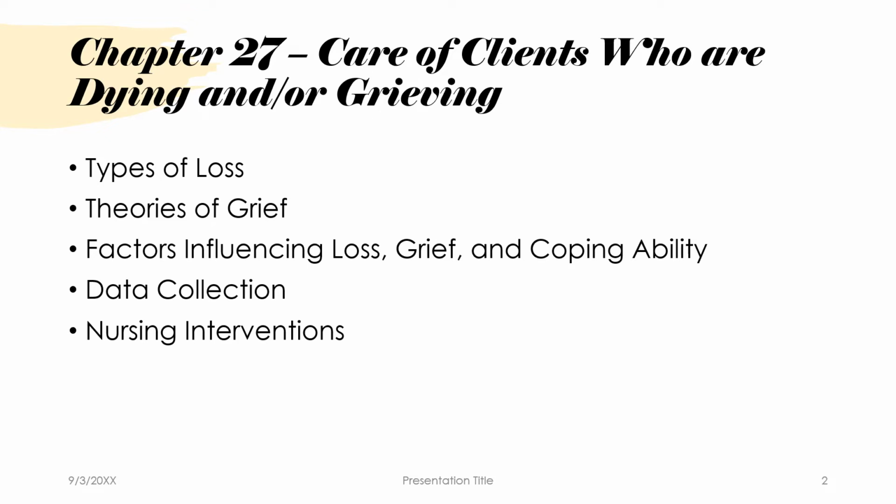Then there's complicated grief, and we have different types of complicated grief. There's delayed or inhibited grief. In this type of grief, the client will not demonstrate the expected behaviors of a normal grief response. They can remain in the denial stage for an extended period of time. Due to their inability to progress through these stages, a subsequent minor loss, even years later, can trigger a grief